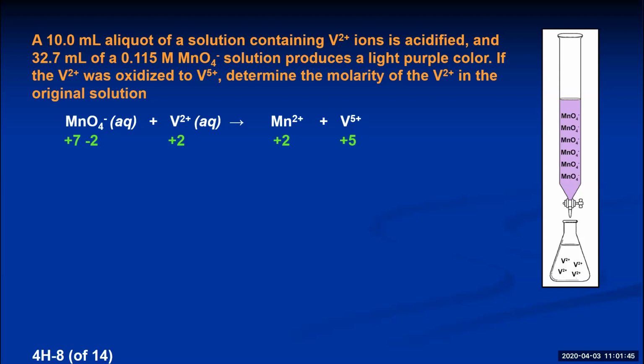You may remember from our oxidation reduction experiment that permanganate has a characteristic purple color. So what we're going to do is drip the permanganate down into the vanadium positive 2 solution, and we're going to add enough permanganate until every single one of these vanadium positive 2 ions turns into a vanadium positive 5 ion. So let me do that. Pink, there we go. So now all the vanadium positive 2s have changed into positive 5,